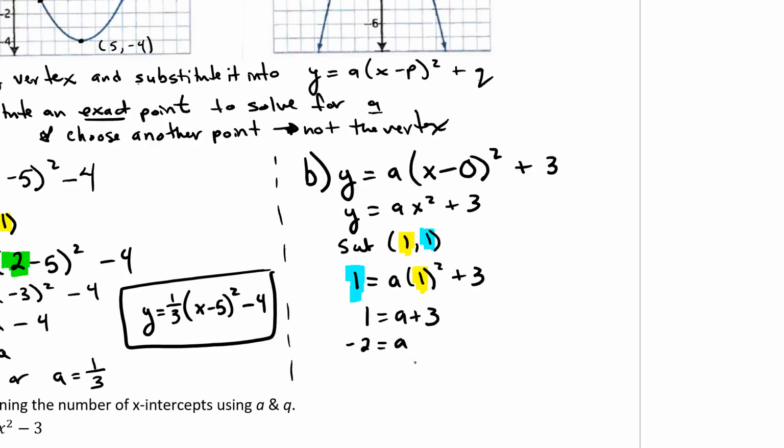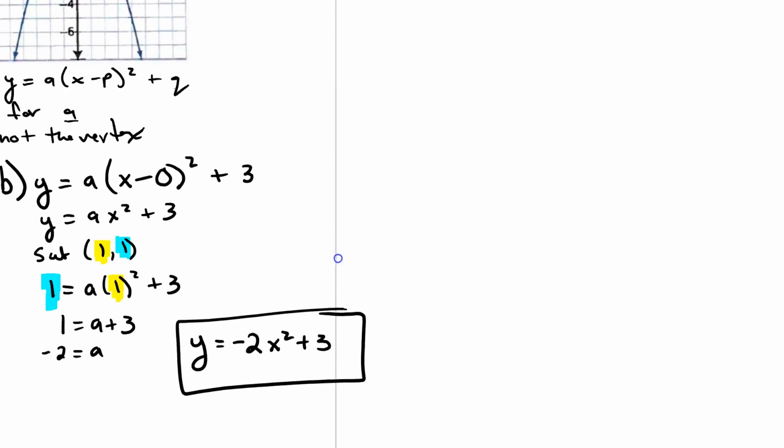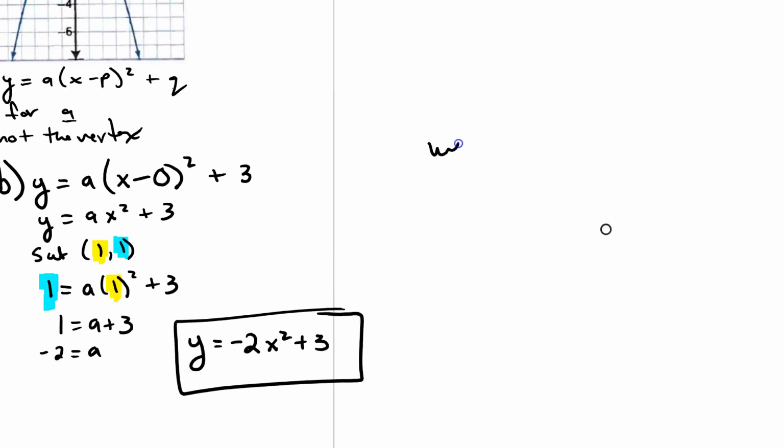And that's not my final answer though. So I'm going to write y equals, instead of my a, I'm going to put in negative 2, and then x squared plus 3. That is my final answer. I could substitute into this one, but that's not the nicest, cleanest form. I want to put it into this one because we got rid of that minus 0, which is kind of redundant. So here's the question: what if